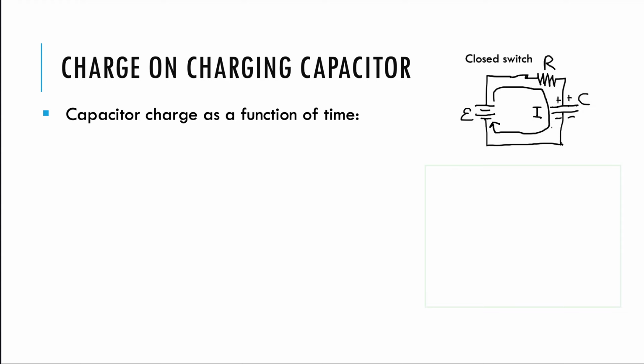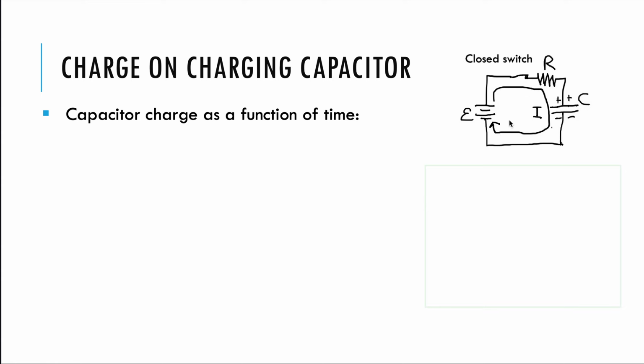What we want to look at now is figure out how does charge vary as a function of time? When we close the switch, the capacitor doesn't charge instantaneously. It takes time. So can we derive an expression for this? Yes, we can. And the way that we're going to do it is we're going to look at this